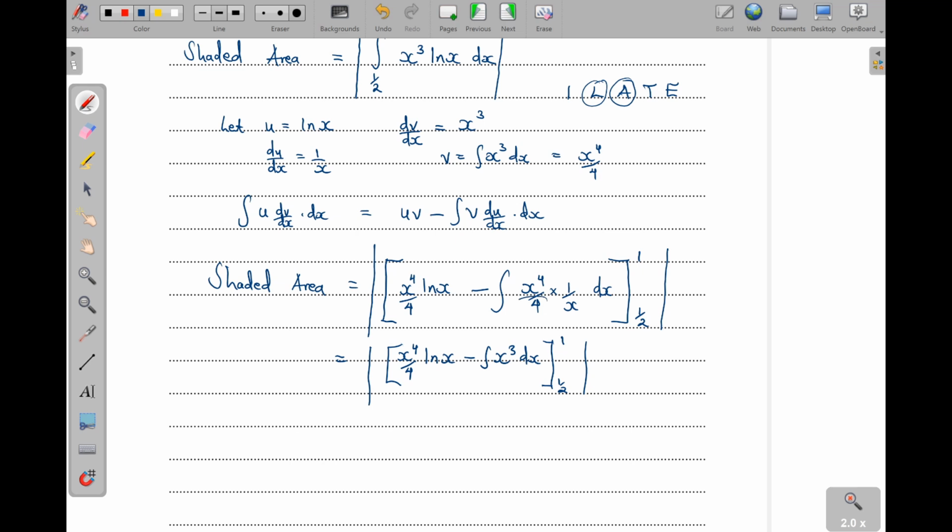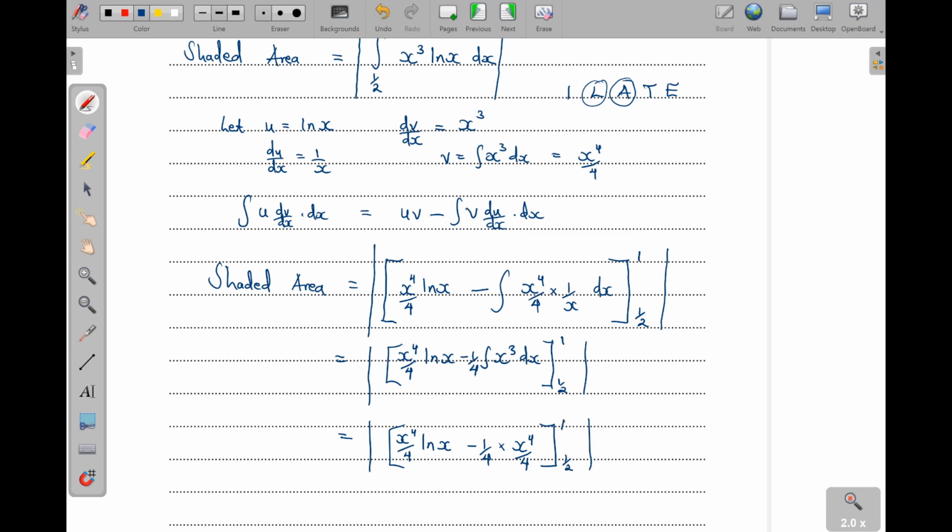Now here there is also a 4, so I'll put a quarter outside, so minus a quarter. So we shall have x to the power 4 over 4 times the natural log of x, minus a quarter times x to the power 4 over 4. Remember, it is the same as this one here. And then we put these limits